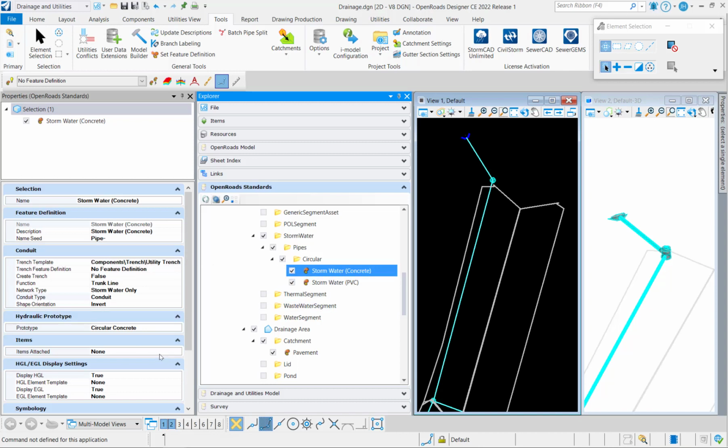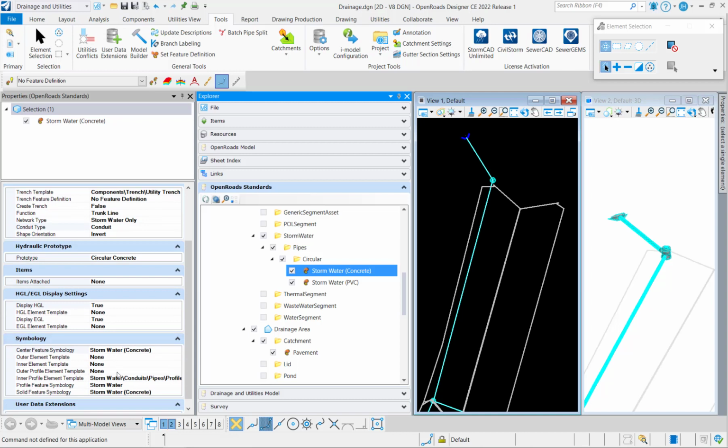Another thing that is different is going to be how the symbology is set up. So you're going to see that for a conduit, for instance, we have the ability to control the hydraulic grade line or the energy grade line, how that's displayed in profile. We also have a lot more control over how the elements displayed inside of plan and profile, as well as inside of the 3D model. So as you're looking at these feature types, you're going to see different symbology types that correspond with a certain